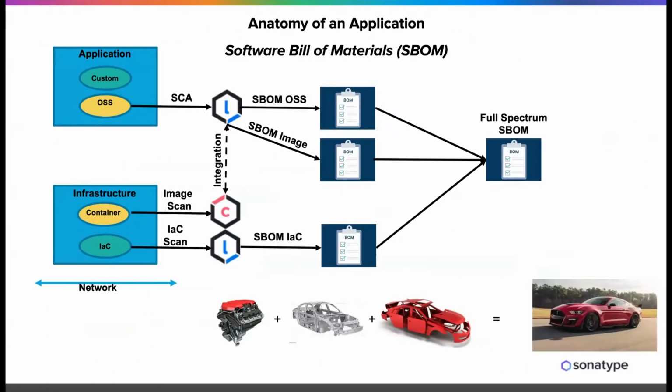So, kind of a very simple anatomy of an application here. It can get way more complicated, but we understand we have the application. With that application, we've got our custom code and we've got our open source components and artifacts. Again, Sonatype actually grew its wings focusing on open source software and identifying vulnerabilities in that open source.